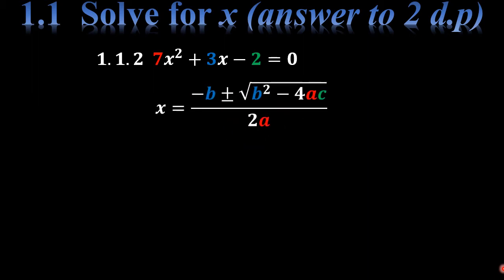Now, in solving this one, you write down the quadratic formula, and then where you see the blue, where you see your b, then you substitute with 3. And do not make a mistake, people. The mistakes that learners will actually make in this type of question, or that you will make as a learner, is